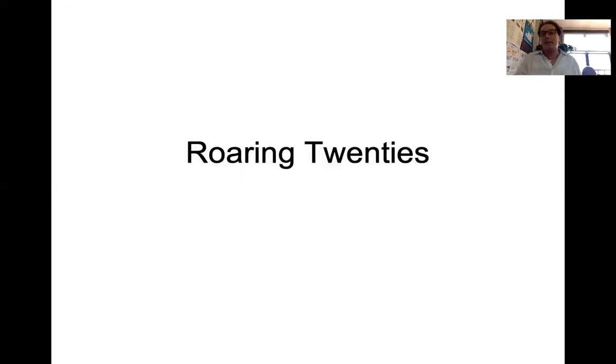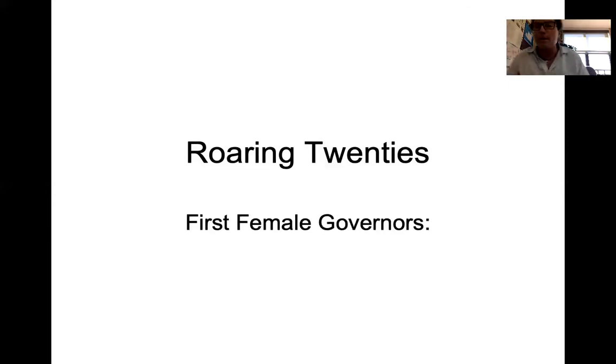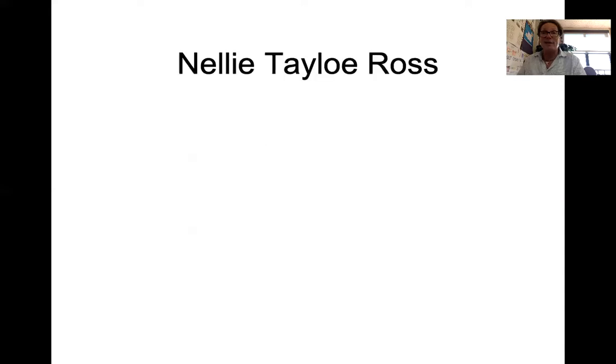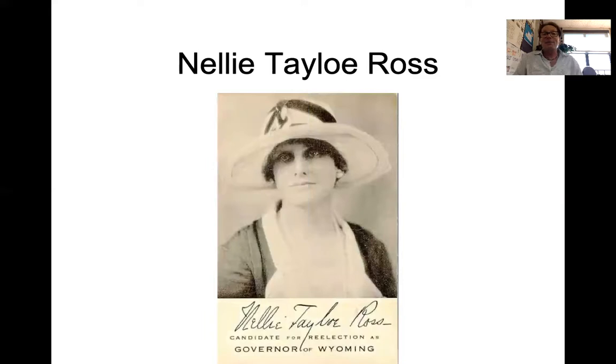Go back to the previous page where you're taking your regular notes. Let's continue on. So besides Alice Paul, we talk about women pushing the envelope for equality. And in this instance, it's not economic equality, but political. So you have your first female governors during the Roaring Twenties. For example, number one, Nellie Taylor Ross, governor of the great state of Wyoming, our neighbors to the west. If you direct your attention up to the overhead screen, this is a photograph of Nellie Taylor Ross. That was actually her campaign poster. And if you notice, Nellie Taylor Ross, candidate for re-election, governor of Wyoming. So she was running again.